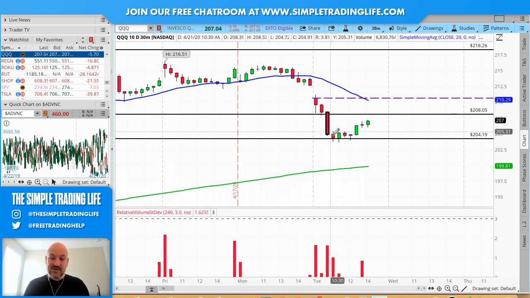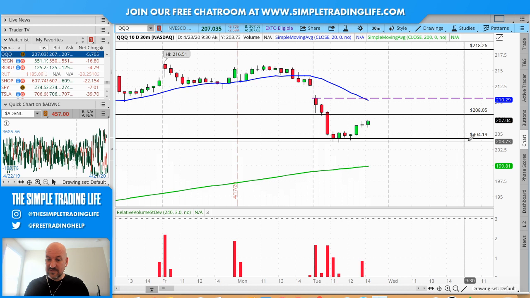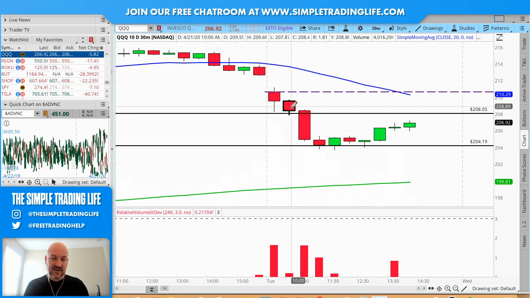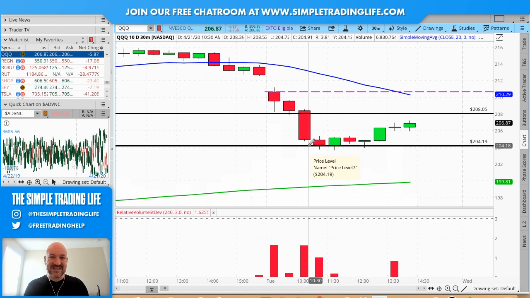But from here to here, even if you would have got out right here at our support level at 204.19, and as you can see, we got support right here at our other level, 208.05. See this little wick right here? I can even go in a little bit closer. See this little wick right here? We got a little bit of a bounce, then we continued on down. That's nothing that would have got anybody out of a trade. But you could have had this level as a T1 and maybe this level as a T2. But just making it to this level right here, you would have made about 4 times on your money.